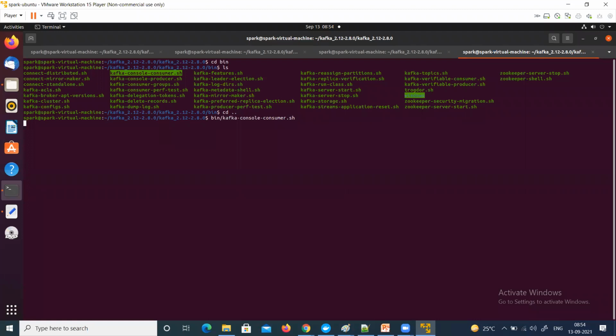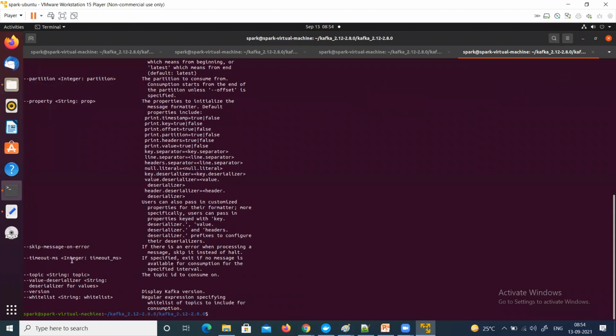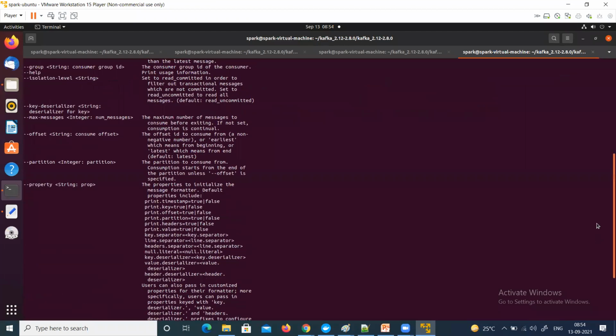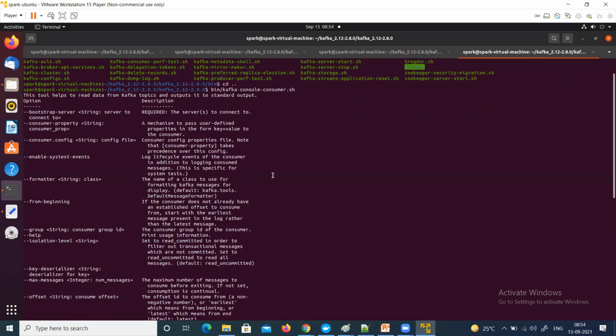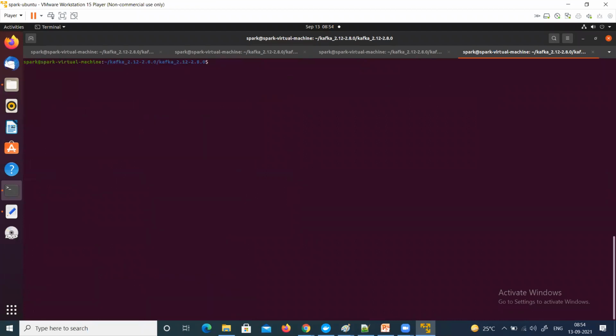And if I want to run this, you just need to check the required options. Topic is also mandatory, though it is not specified. You can see that the required one is the bootstrap server. So I'm going to specify the bootstrap server,